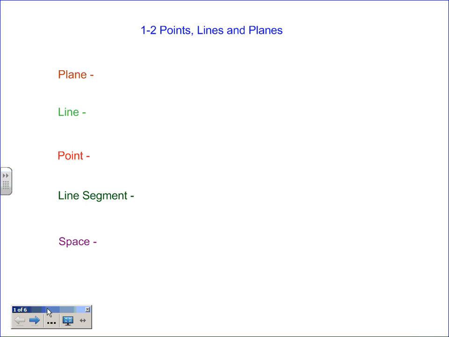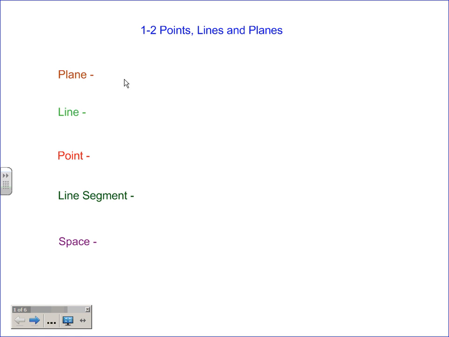Now, you might notice that the plane right there is P-L-A-N-E, not P-L-A-I-N. All right? Slight difference there. And this plane here, obviously not talking about an airplane. Okay. This plane is what we're going to use a lot of, and it's sometimes a very difficult concept for students to understand.